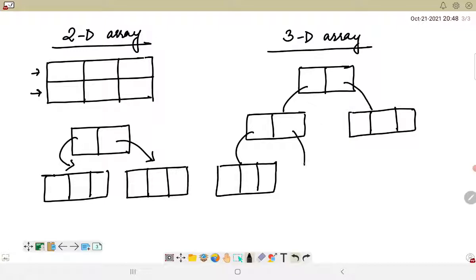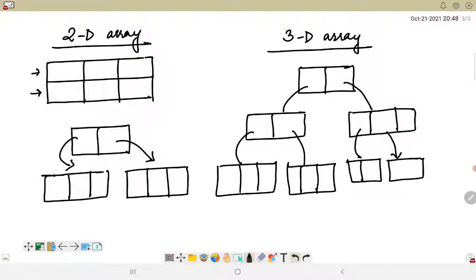So this might have another row which might have three different columns, and the other array might have another row within it which has two different columns respectively, or three different columns, as and how it is required. So this is how we can represent the same array in the array of arrays concept.